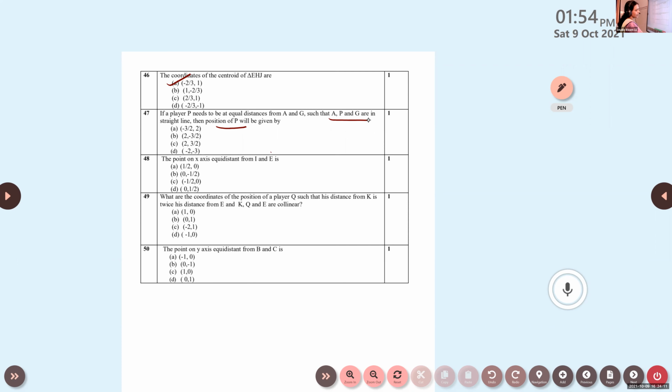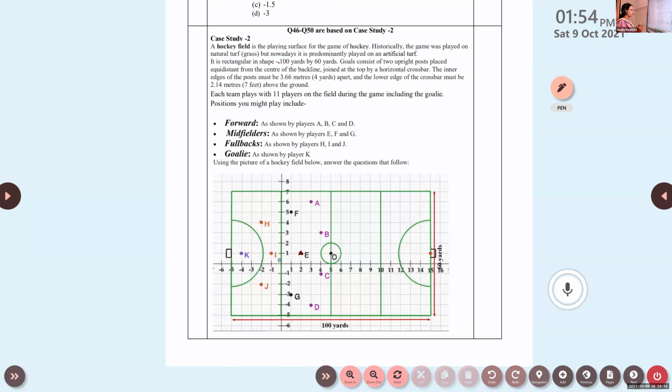Okay. So AG, look at the position of A. What is the coordinate of A? A is given by the coordinate 3, 6, isn't it? And G, coordinate of G is 1, -3. And P wants to be the midpoint. So how will you find the midpoint? X1 plus X2 by 2. Add the X coordinates, divide by 2. Add the Y coordinates, divide by 2. So what about the midpoint P? Meghna, give the midpoint, P.